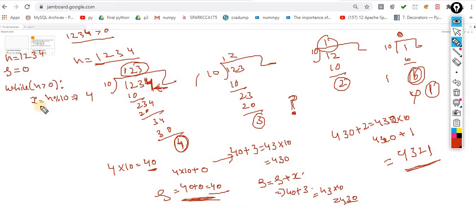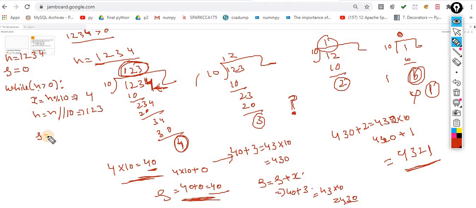Perfect. Very good. Now in the next step, what do you have to do next? You need this one. So n is equal to n double-divided by 10. I am changing this value. I am ultimately changing this value. Now this time its value becomes 123. Now the operation for this one: the initial value of s is 0.